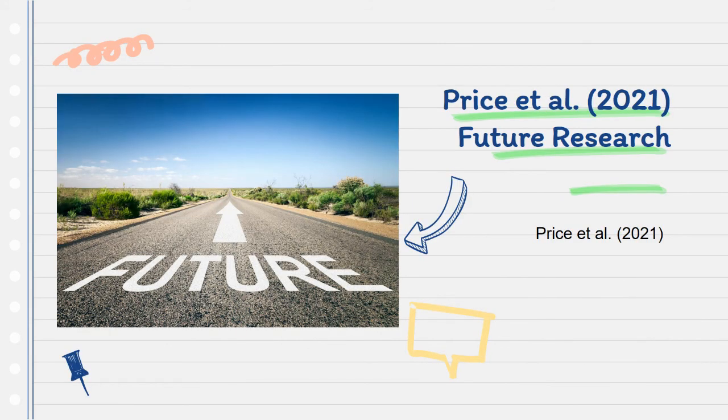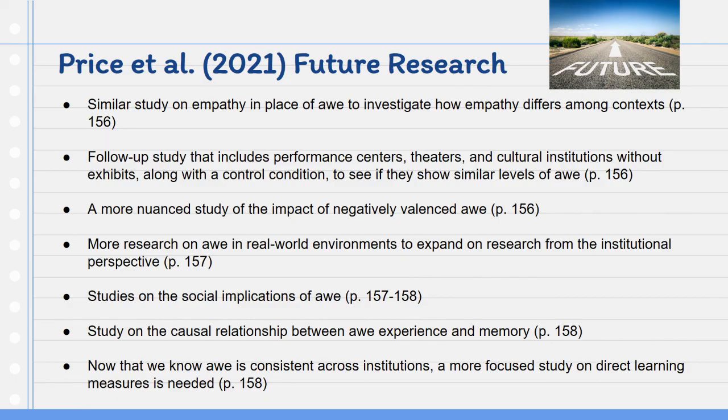Next up is future research. The authors pose several possibilities for future research. A similar study on empathy in place of awe to investigate how empathy differs amongst contexts. A follow-up study that includes performance centers, theaters, and cultural institutions without exhibits, along with a control condition to see if they show similar levels of awe. A more nuanced study on the impact of negatively valenced awe. More research on awe in real-world environments to expand on research from the